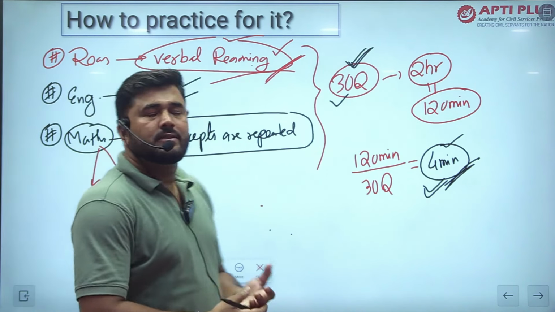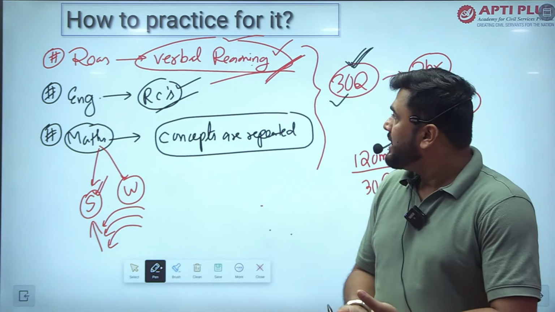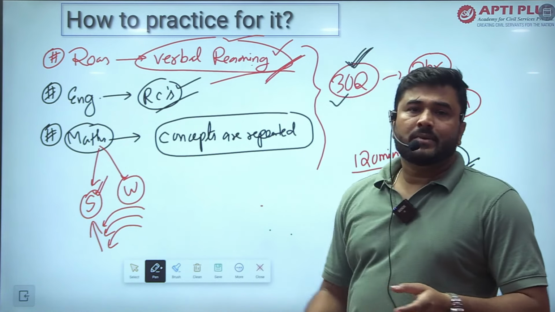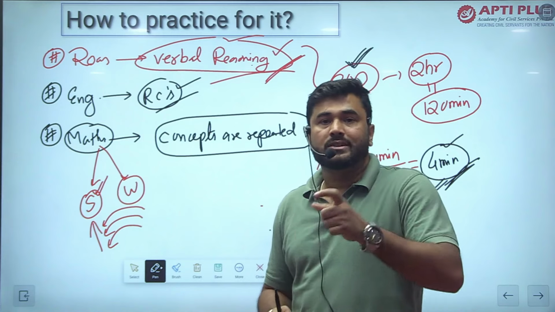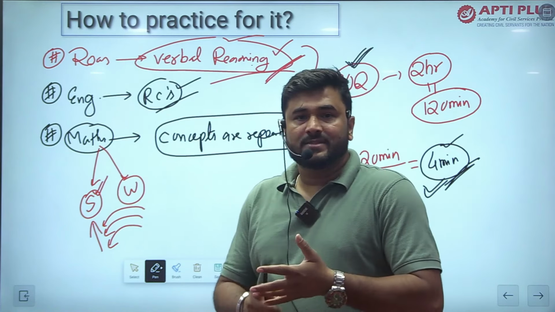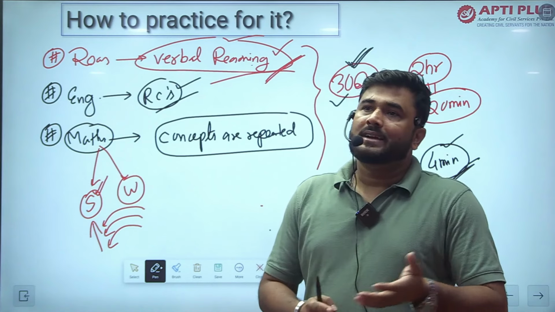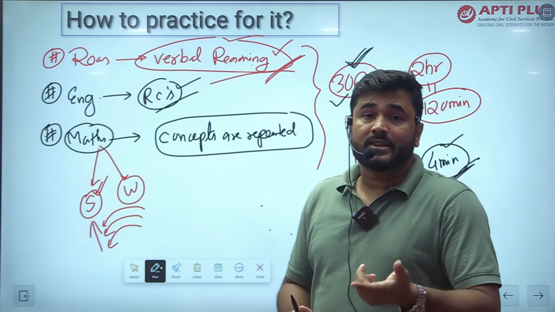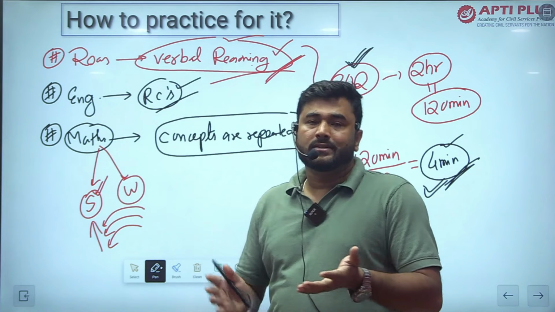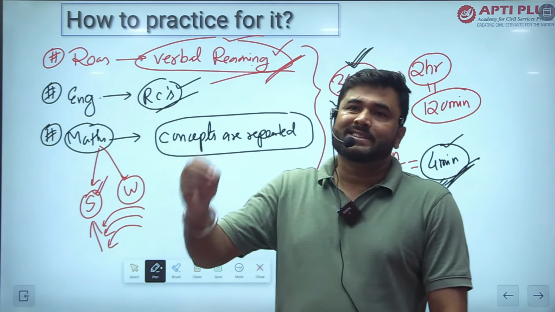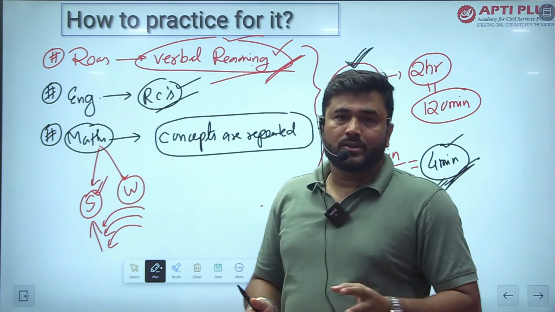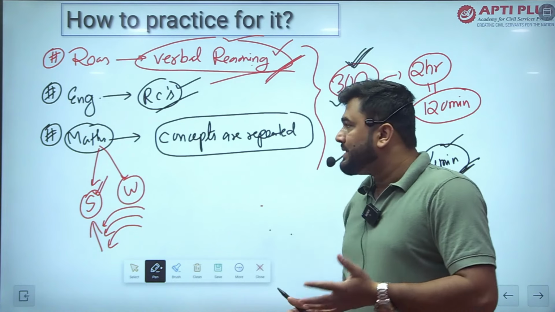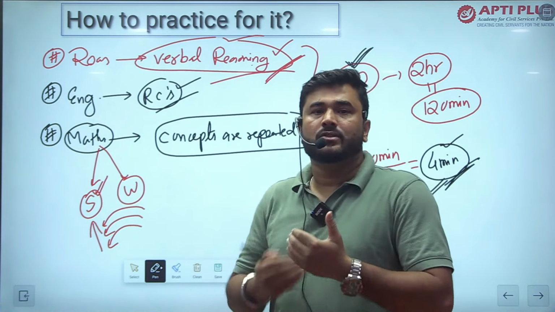And as we discussed about the chapters in the reasoning, I have said that all the verbal chapters are very important, and in the English there is only RCs. In the mathematics there is ratio proportion, which is continuously asked in the exam, ratio proportion, percentage, profit and loss, SICI. After that the problems of race are asked very rarely, and from the advanced section, number system. Number system is very important in the entire mathematics section. It is almost 60 to 70% of the questions. After that LCM HCF are also being asked, and some mensuration questions. So these are basic chapters which you need to practice regularly in your daily routine.